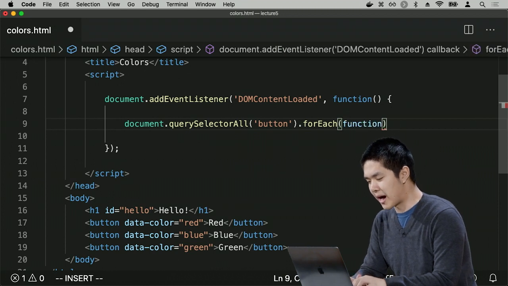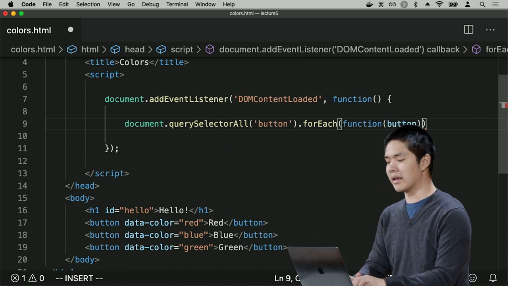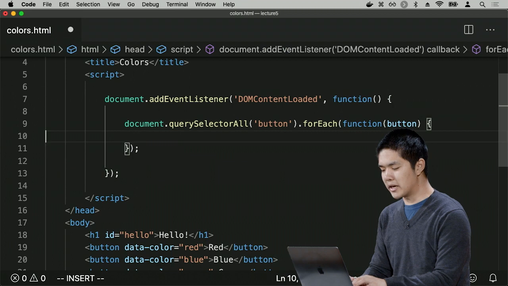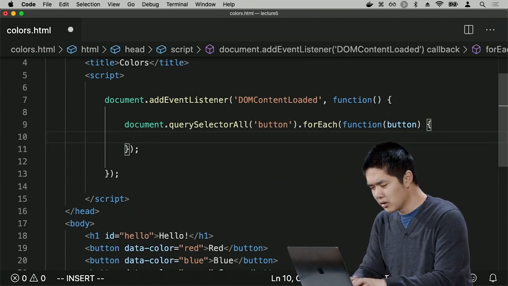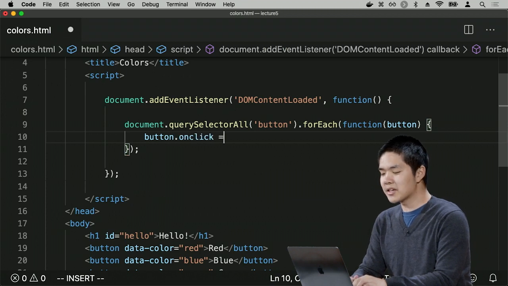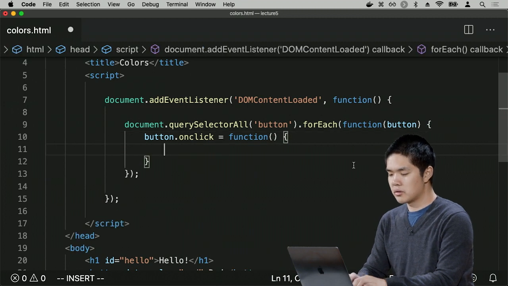This is going to be a function now that takes something as input. It's going to take one of the elements in the list as input, something like a button. And now for each button, what would I like to do for that button? Well, when the button is clicked on, button.onClick, then go ahead and run a function that is going to